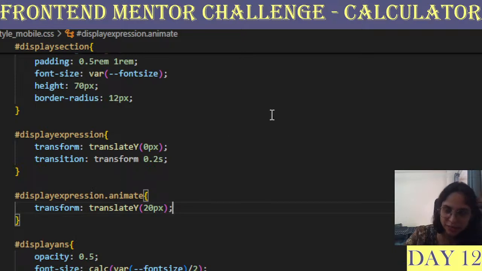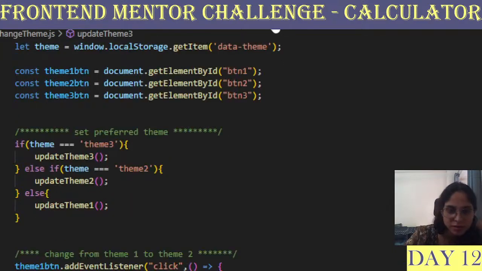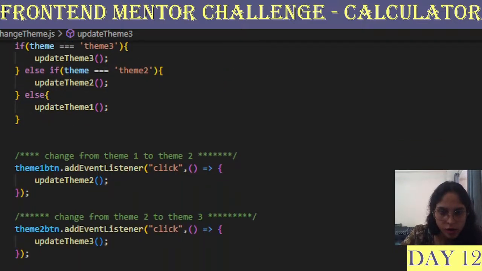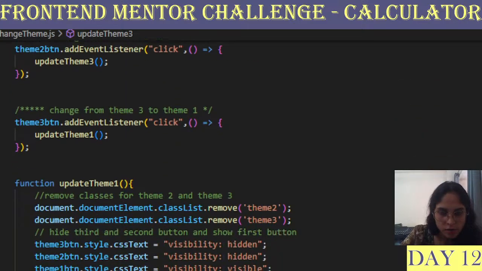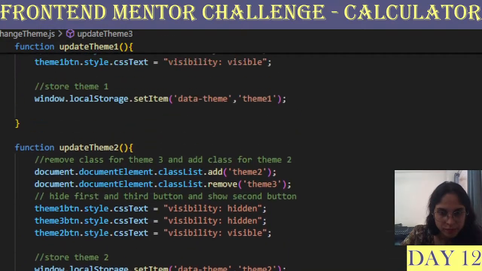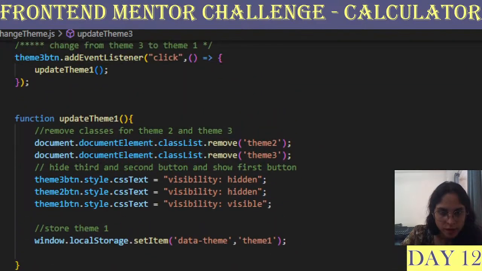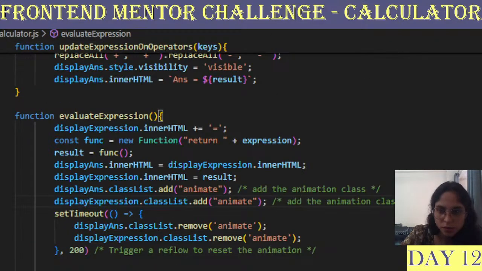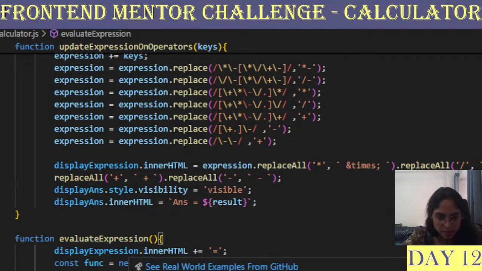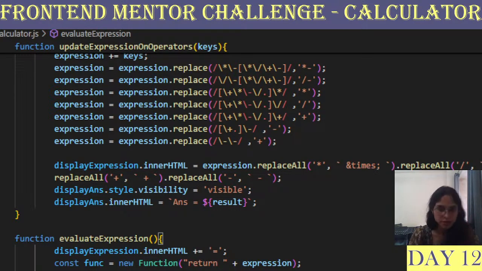We have done the animation. With this transition, we're just adding and removing the classes. And oh, not here. This one, yeah. We're just adding the classes, and then we're just triggering a reflow to reset the animation.